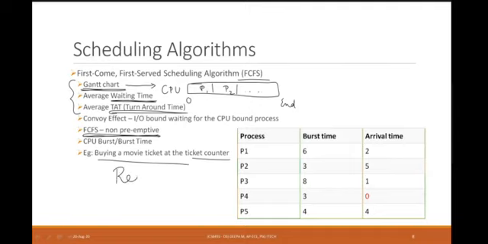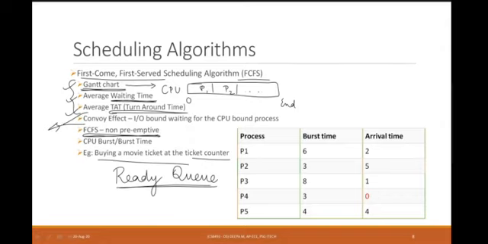That queue is called my ready queue. Okay. So once you get your turn at the ticket counter, you're going to finish your job and then come out. You're not going to come out in between paying money, saying I'll come back and pay money. All those is not allowed. So such a condition is called as first come first serve. Whoever comes first, they will be honored first. So we are going to draw your ready queue as well. You will draw your Gantt chart, find out your average waiting time and average turnaround time, and you will draw something called as a ready queue.